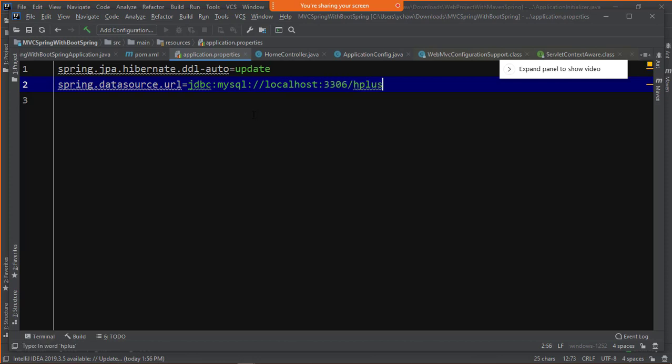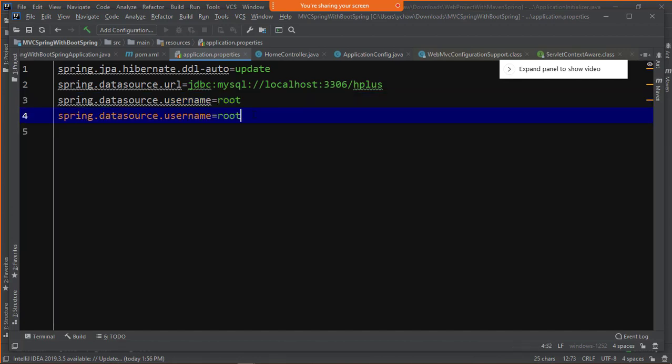The name of the database is H+. This is how they will connect with the database. Then the username and password to connect with the database. I said username is root, and I said password is also root.